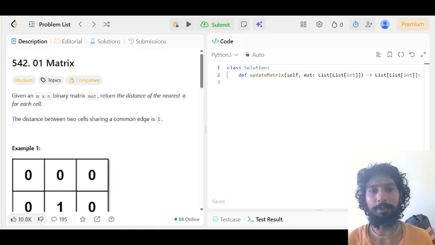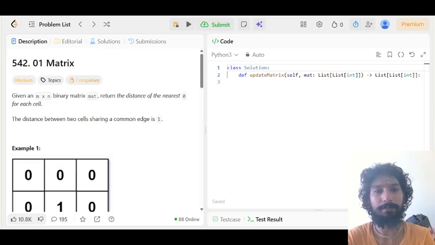We are given an m cross n binary matrix called mat. Every cell contains either 0 or 1. For every cell, we have to return the distance of the nearest 0. The distance between two cells sharing a common edge is 1. That means we can move up, down, left, and right. We cannot move diagonally. For example, if the matrix